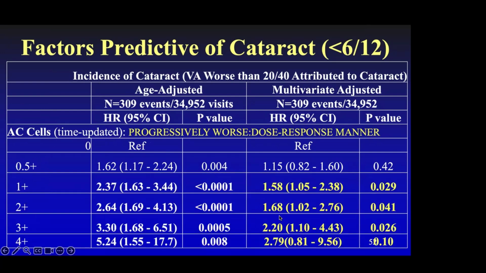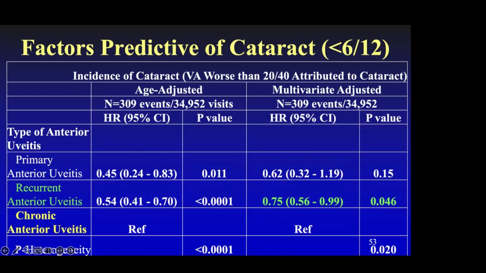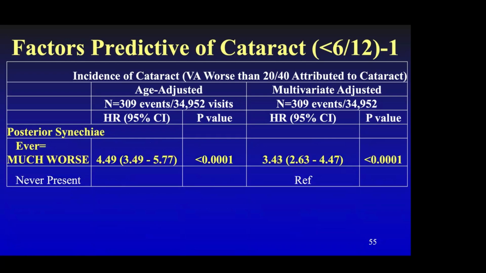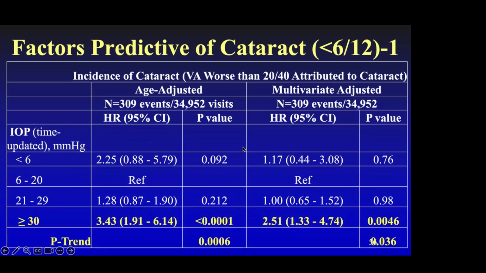So the more cells you have at the previous visit, the higher the chance of having a cataract causing a visual acuity of worse than 20/40 at the next visit. The chronic anterior uveitis had a higher risk of cataract than either recurrent or primary, and recurrent was statistically better, although primary looks like it's actually less, but as I said, we had fewer cases, so our confidence interval is wider. Band keratopathy, posterior synechia especially, it's a big hazard ratio, and IOP spikes are all associated with a substantially